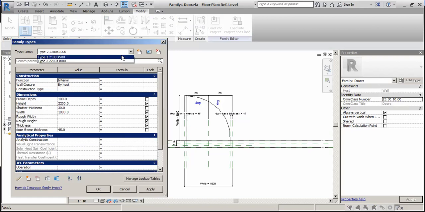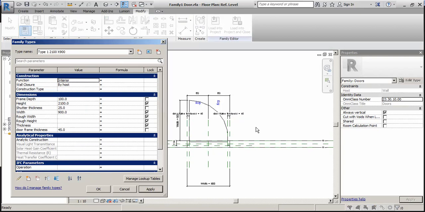Change it to 2100 into 900. Apply. So you can see this changes. So this door has been created in parametric nature.